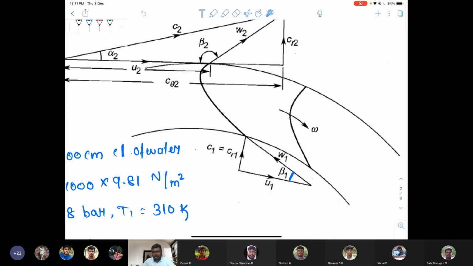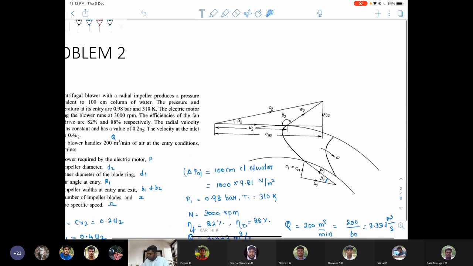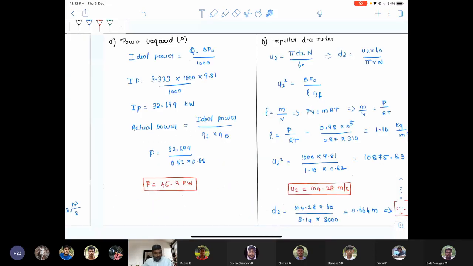That is, we somewhat know the peripheral velocity and the absolute velocity, but the relative velocity has not been given in the equation. Anywhere, the relative velocity is not being given. Therefore, you cannot use this hypotenuse line. So you can use tan beta, that is, you can use tan theta for finding the value of this beta 1.